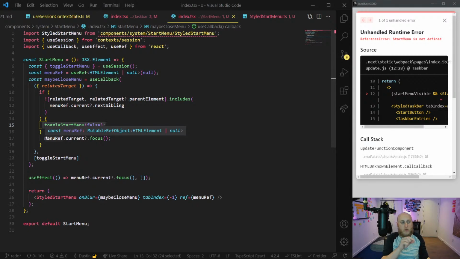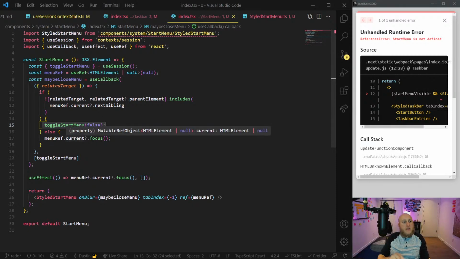So the condition where I would want to refocus on the start menu is if you click on the taskbar. When you click on the taskbar, I don't want the menu to close, and I also want the focus to go back to the menu so that the onBlur can properly work again. And also, what was the other one?